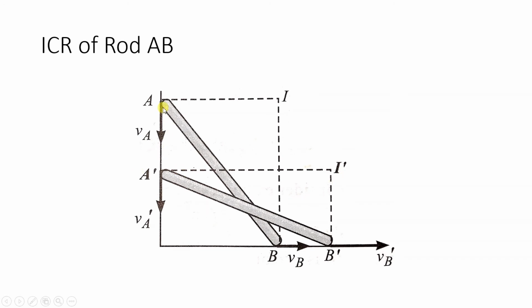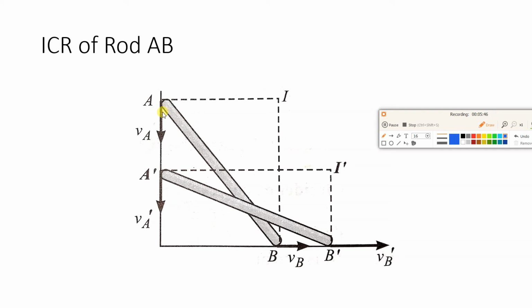Now why is this motion of the rod general plane motion? We will see that. If you consider point A, here you can see it is translating, once the rod slides down, from A to A dash, whereas point B is translating from B to B dash. So translation is there, and along with that, the rod initially has some angle, and finally the angle has changed. So the angle is also changing. That is why this is general plane motion. Now in the first case, we had seen this VA is the velocity vector.